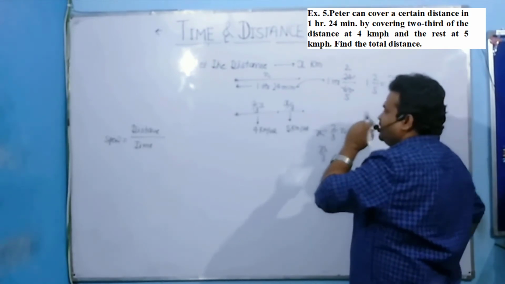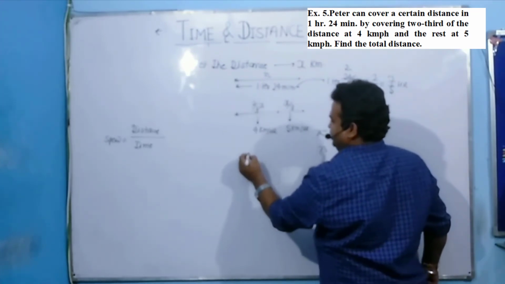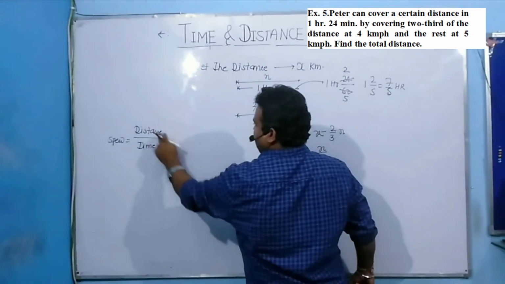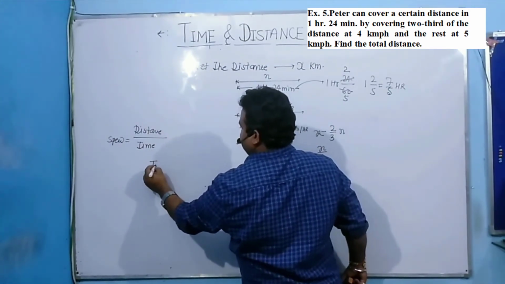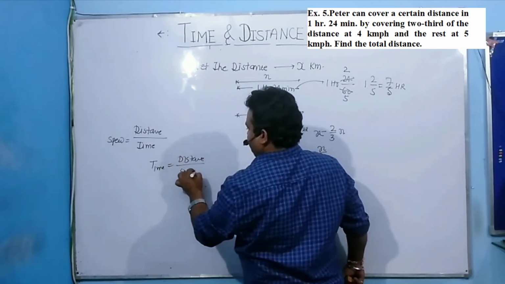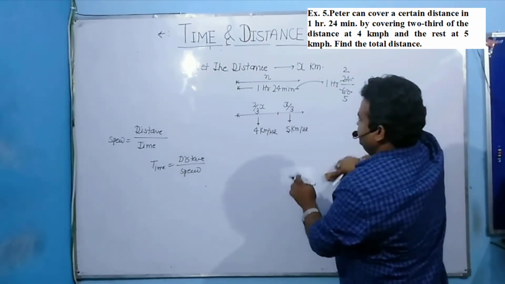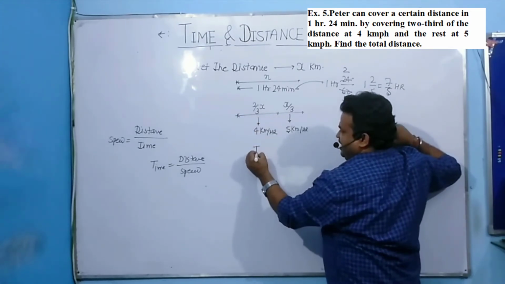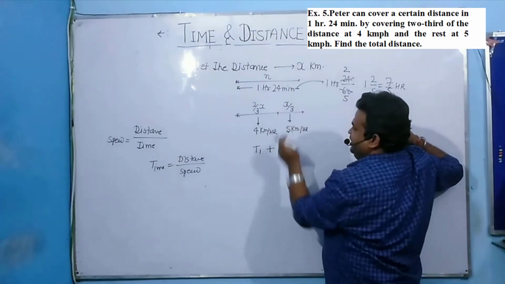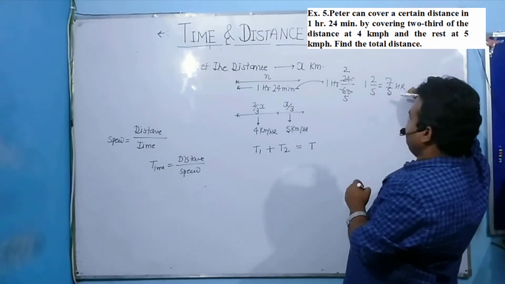Now, distance is mentioned, speed is mentioned, so to find time, it is distance upon speed. Time is equal to distance upon speed. Because the time value is given to you, so I can equate this. This is in equation form. From here to here, let t1 time be consumed by Peter, and from here to here t2 time is taken to cover it. That is equal to total time. Total time given is 7 by 5 hour.